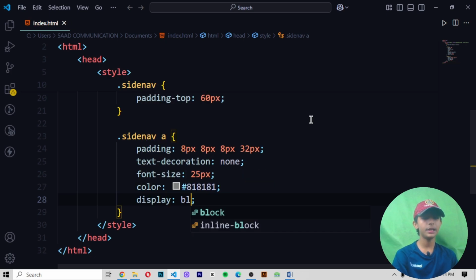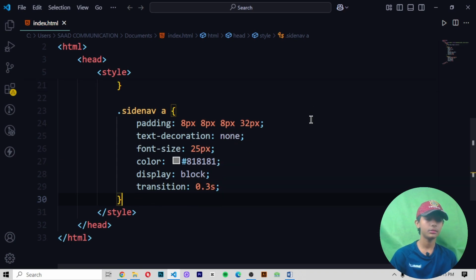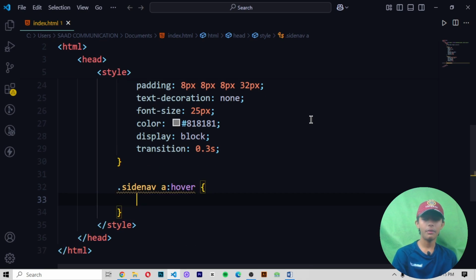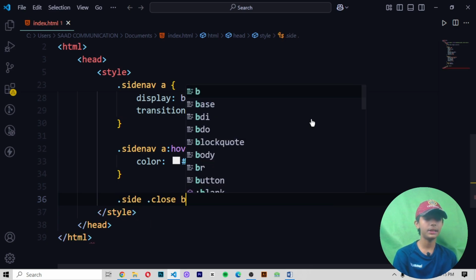Display block, and add a transition of 0.3 seconds. Now add a hover on it: the hover text color is #f1f1f1. Now you want to add .sidenav .closebtn.